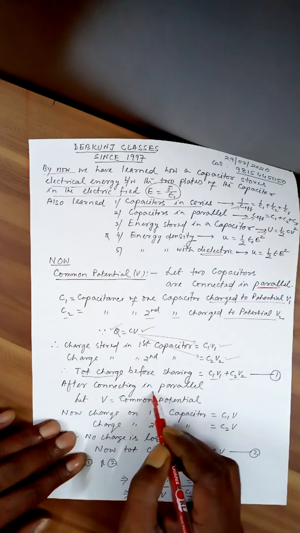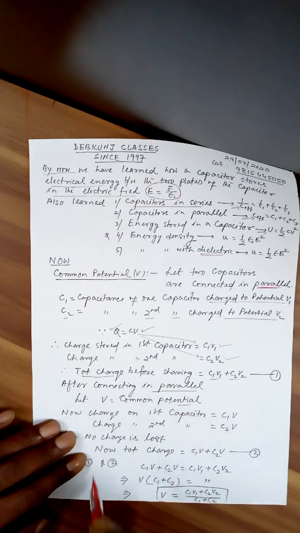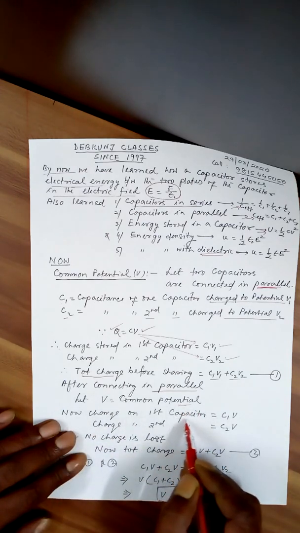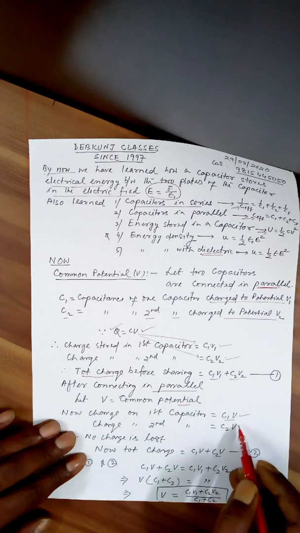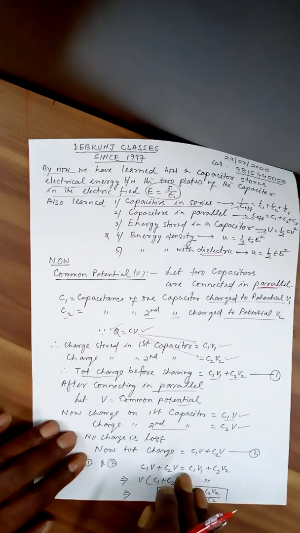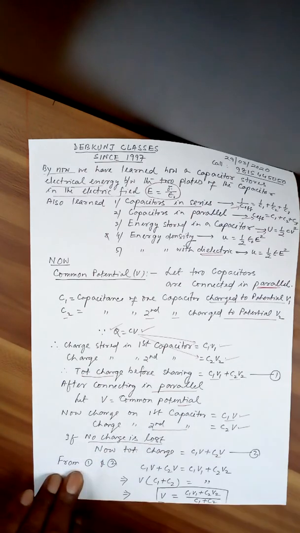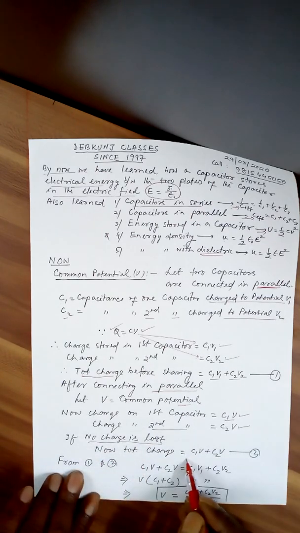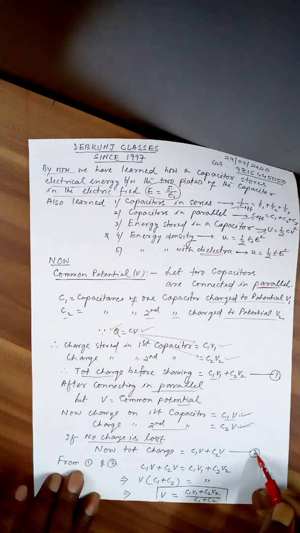Now they are connected in parallel. Let V be the common potential. Now the charge on the first capacitor is equal to C1V, because now the potential is V after sharing of the charges, and charge on the second capacitor is C2V. If no charge is lost in the process, the total charge is C1V plus C2V. So from equation 1 and 2,